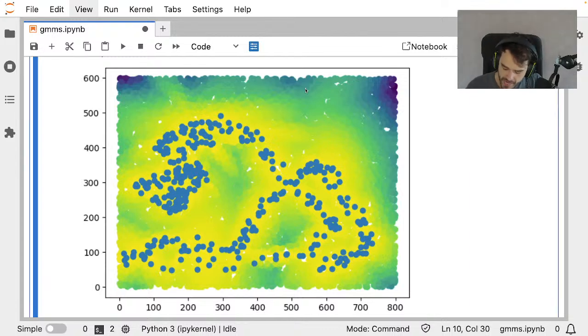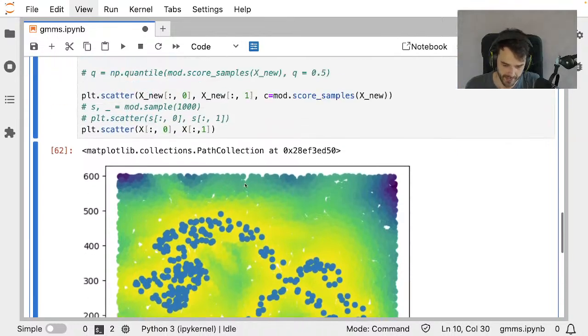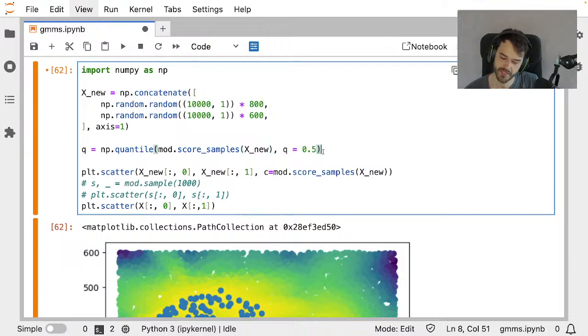Oh. So maybe if we're able to fit a Gaussian mixture properly, for some definition of proper, then maybe what we can also do is we can say, let's use that likelihood score as a proxy for being an outlier or not. So what I could do is I could say, well, let's take the 50% quantile of all of those scores that we saw in our training data, and let's color this whole data set by saying the likelihood needs to be above the 50% quantile, and otherwise give it a different color.